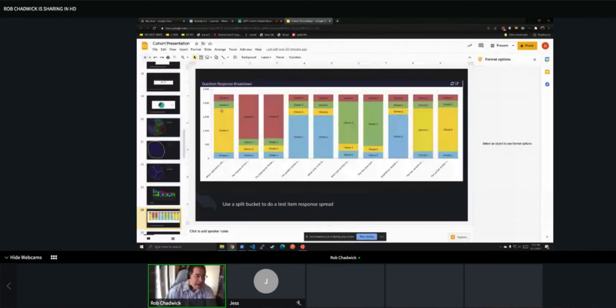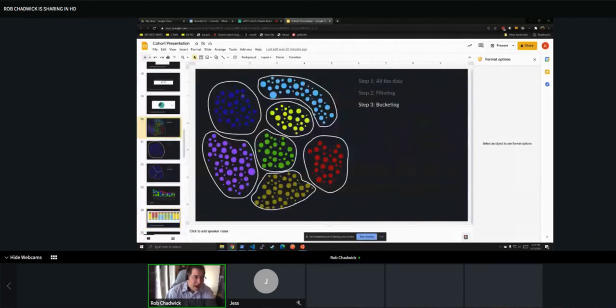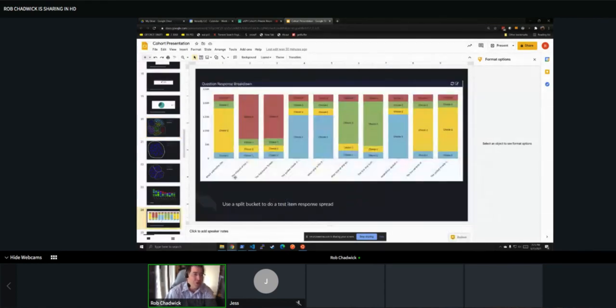We bucket by, and this is the important one, how do we assign color? How do we assign those colors to draw the lines? Well, we're going to bucket by which question it was. That's our top bucket, right? That gives us the bars. Okay. Then we split the buckets by the different responses. And that generally is in the specification in